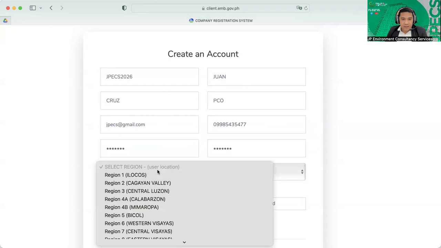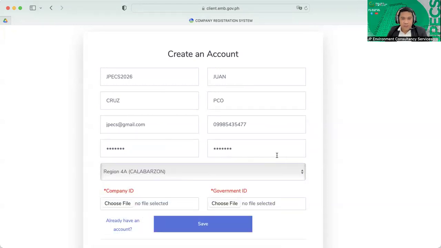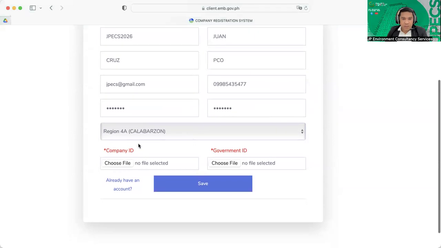Then we select the region, for example, Calabarzon region. And we also upload the competent evidence of identity, the company issued ID. We select the file and then upload to the system. Also, the government issued ID like driver's license. We select the file and then upload to the system. And then click save to successfully create the account.